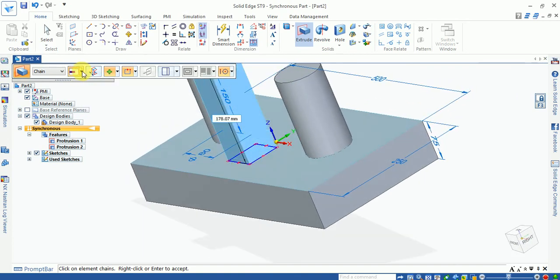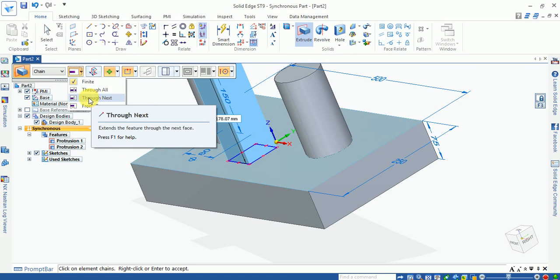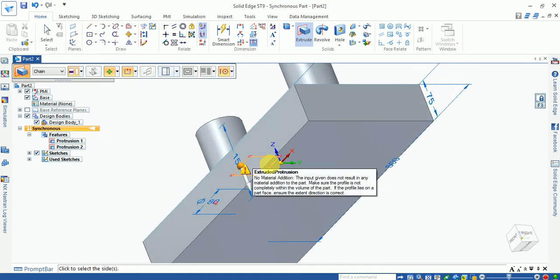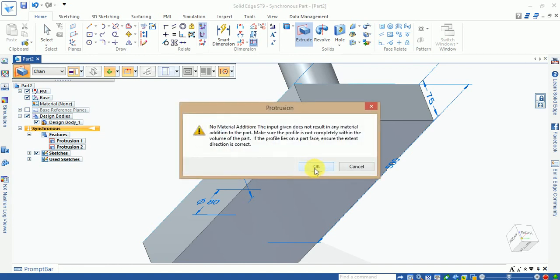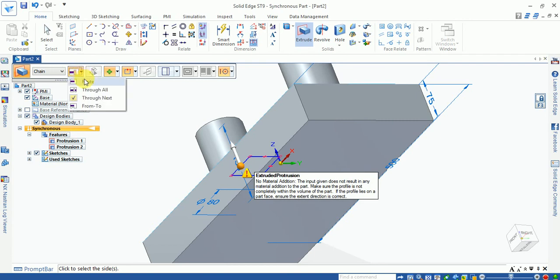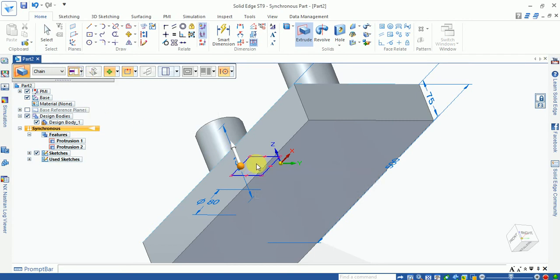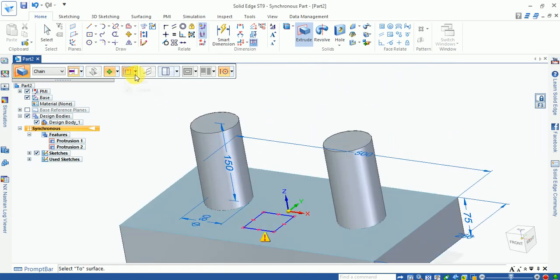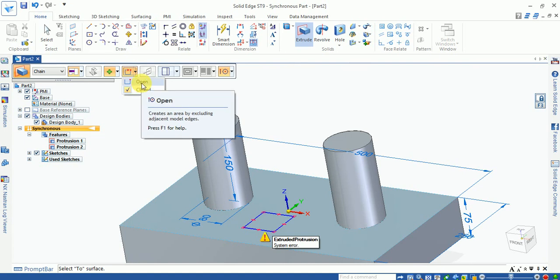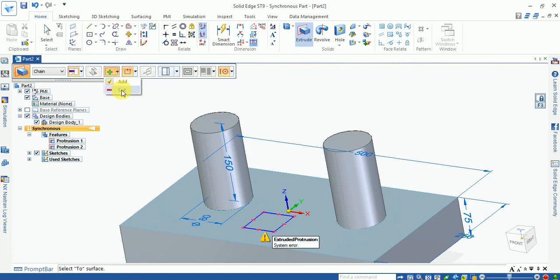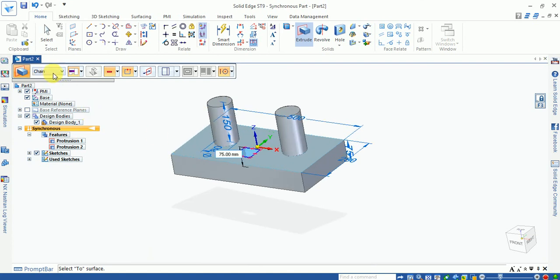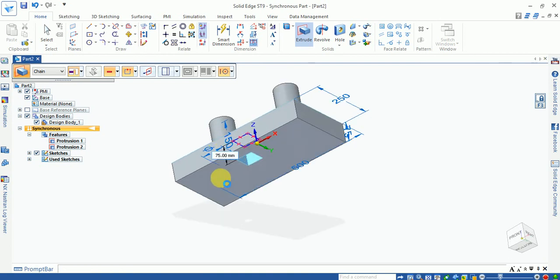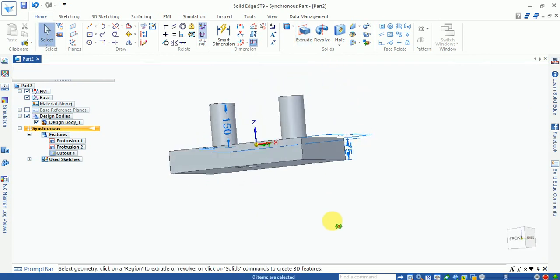Now from here select through next: I select this up to this. Select remove, cut. Through next, I select this one. You can see the through next option.